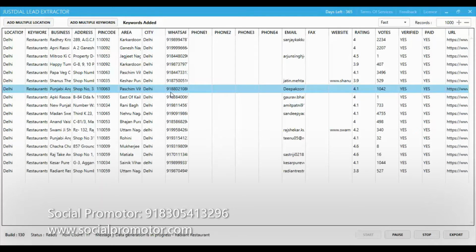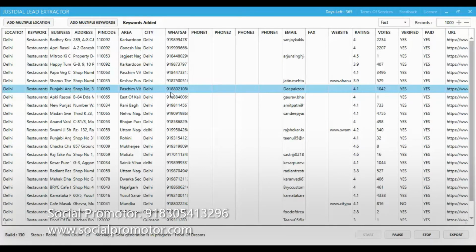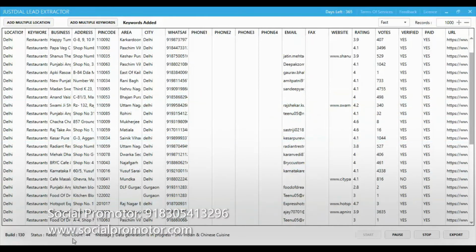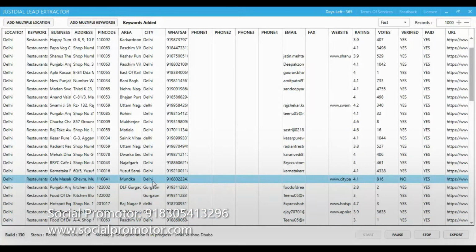This is a tested software and we have been using it for 8 months. The speed is very good, the data is authentic, and you can easily use this data for your business marketing. So you can see 44 rows have already been extracted here. So we are getting data of Delhi restaurants in this.